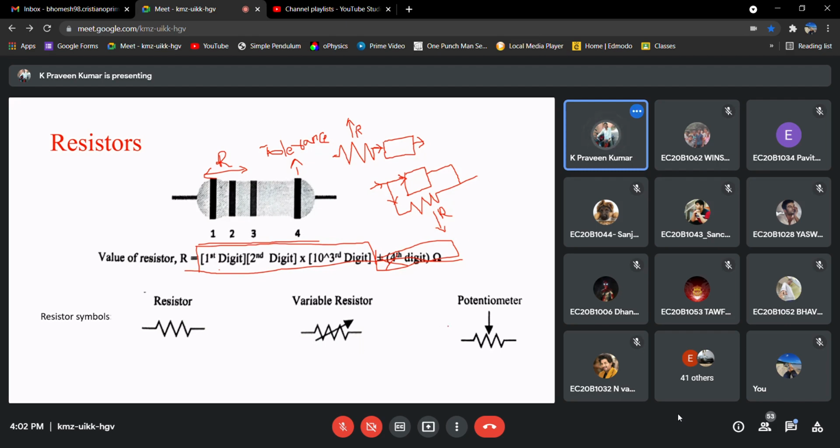Okay. See, basically when we'll be using a potentiometer. With a variable resistance, if you want something like in our circuit, I should have some 100 ohm, 200 ohm, something like that, we'll be having some controlling mechanism. Based on that, the resistance offered in that particular branch will be varied. Similarly, the potentiometer also will be giving the same kind of thing, but in some other manner. So what is this? Basically this potentiometer. If you can observe here, we have 3 terminals, right?